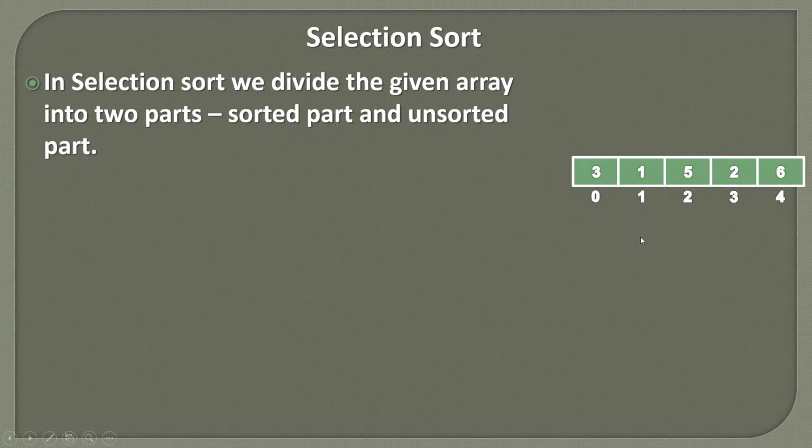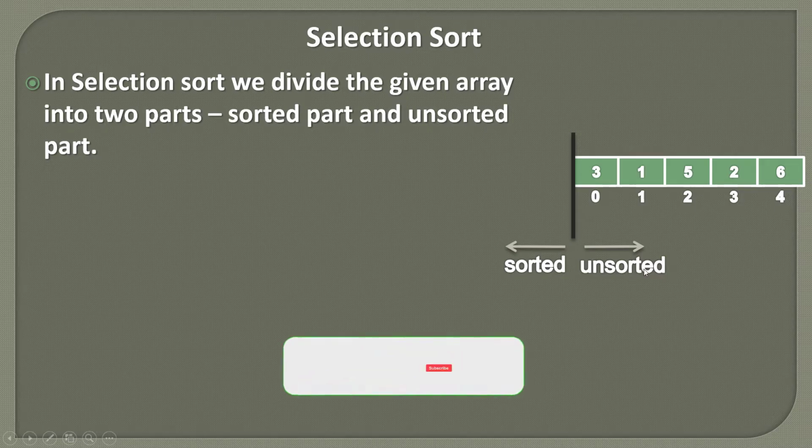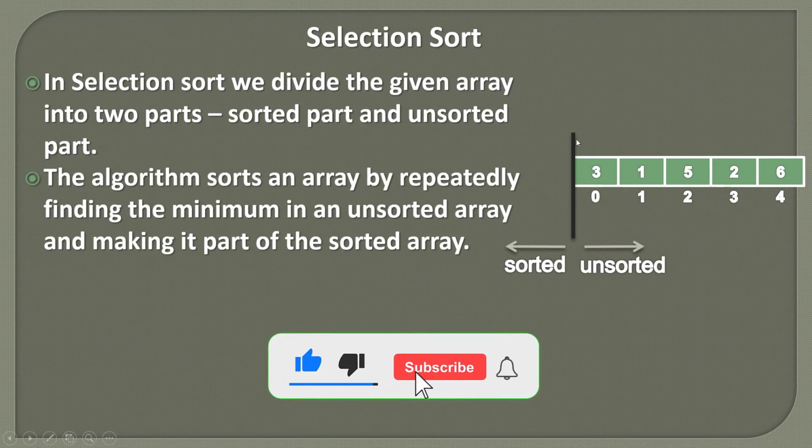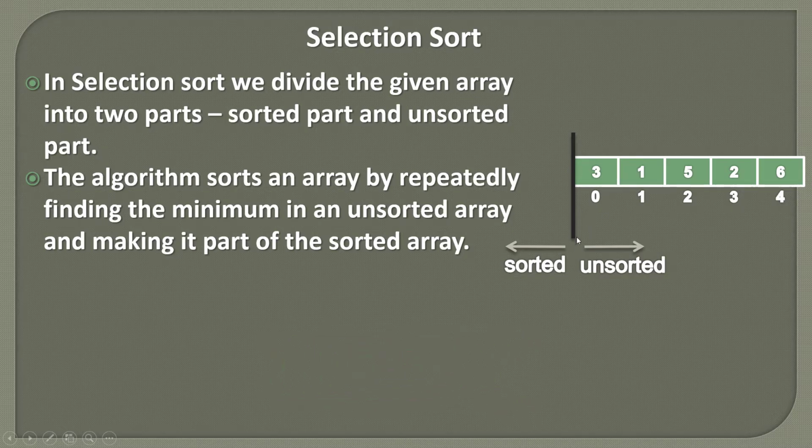So in selection sort, what we actually do is we divide the array into two parts. One is the sorted part and the other is the unsorted part. At the start, all the elements are part of the unsorted part, and we have this boundary here. We simply find the minimum element in the unsorted part. Here, let's say the minimum element among all these elements is 1. So we pick 1 and swap it with the leftmost element of the unsorted part. And once we swap them,